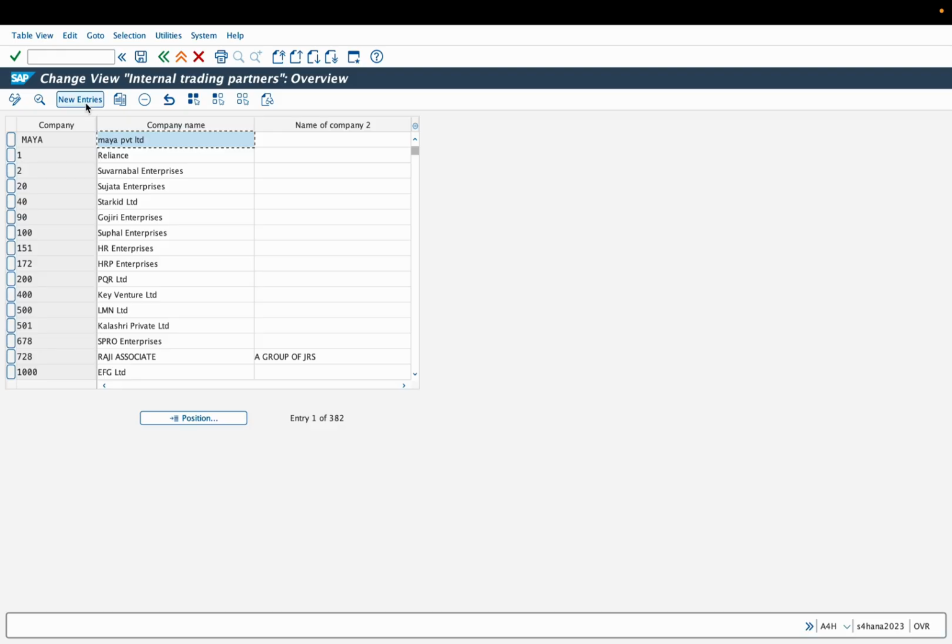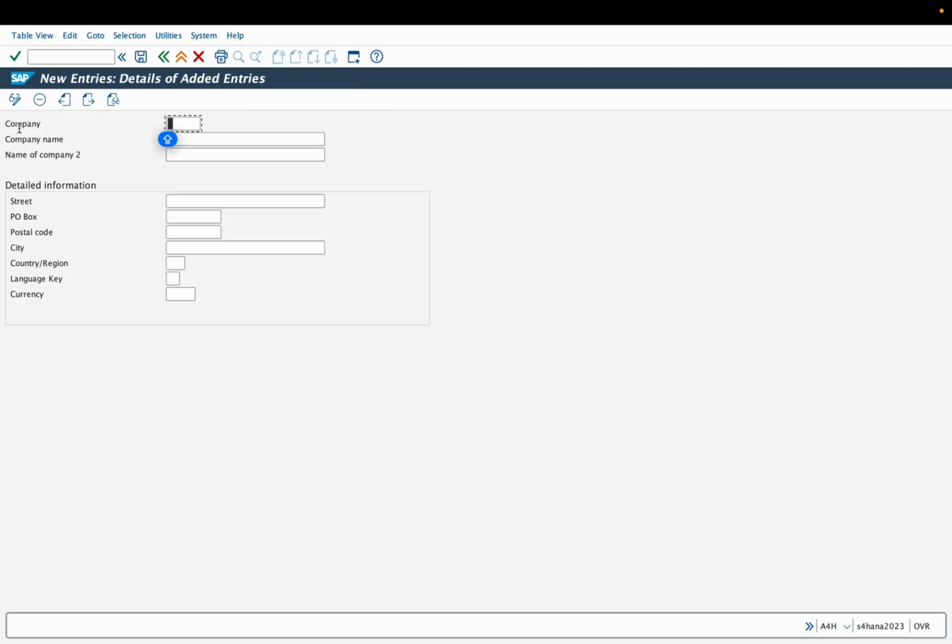So let's click on new entries. This company code can accept a 6-digit alphanumeric character. And always keep in mind, we cannot go and give out any unique code for a company on our own. It's the business and the client who have to decide that, and based on the client's decision and the documents that are signed off, we need to enter a unique code over here.